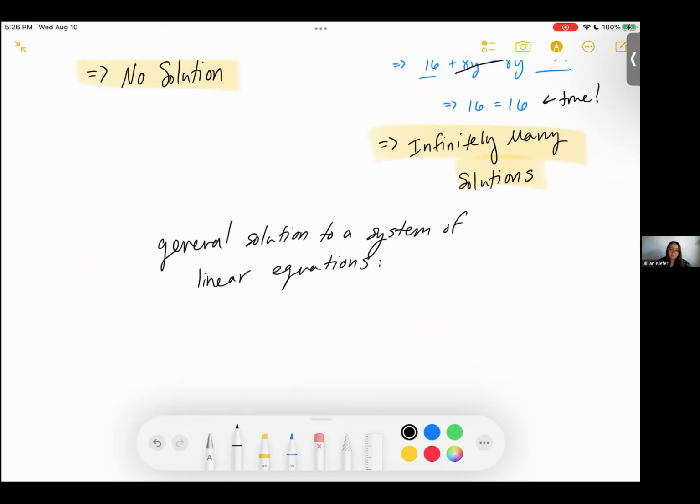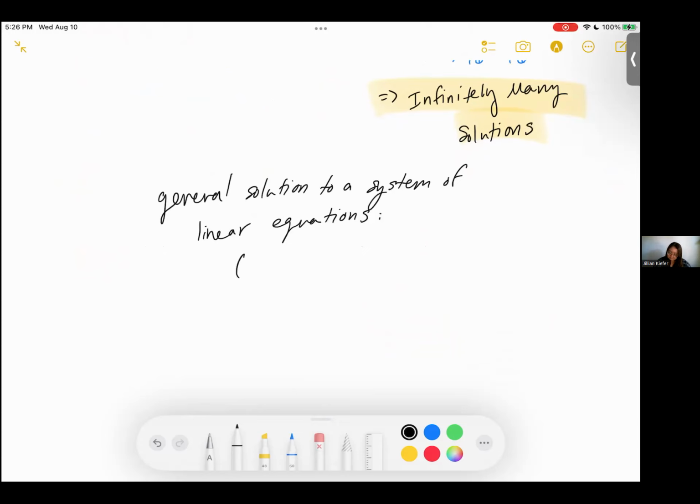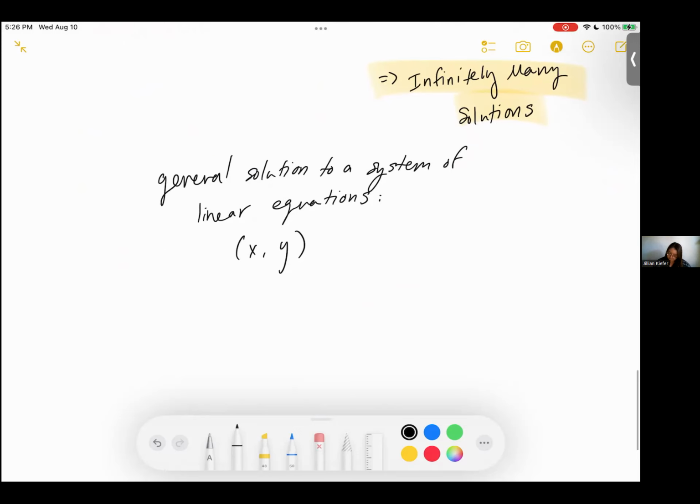A general solution looks like x comma y. You've got an x value and a y value. That's the general solution. But if we want it in terms of x, which is what our problem said, we want our general solution in terms of x,